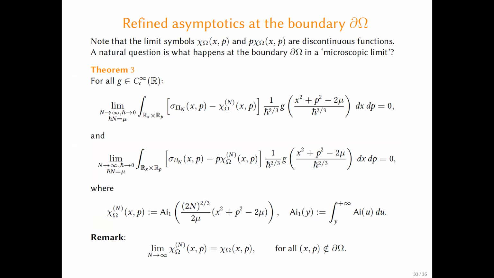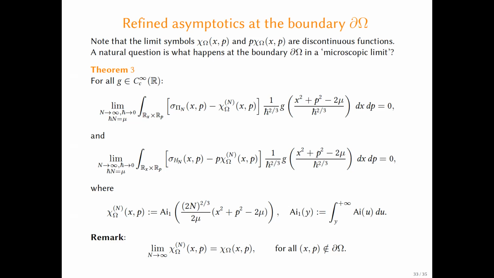We proved the following theorem: the sequence of the Weyl symbol of the projection is close to a modification of the characteristic function, so it is a smooth function. The difference is small when computed against test functions that are concentrating near the boundary. Here g is every smooth function with compact support, and we rescale this g with this power of h bar. So this term is concentrating on the boundary of the disk. So this difference against this kind of test function that are concentrating, in the limit, this difference is